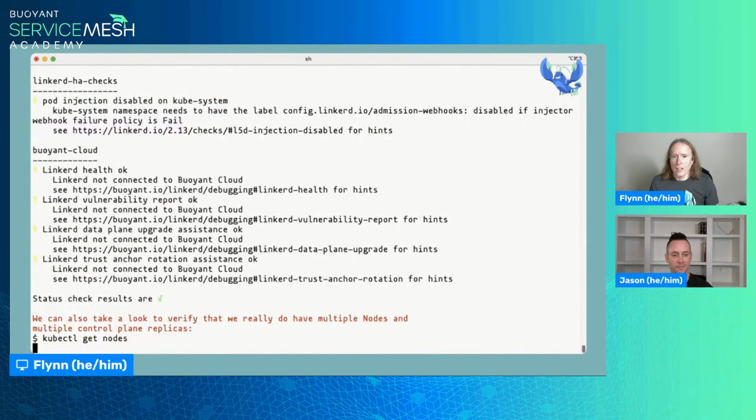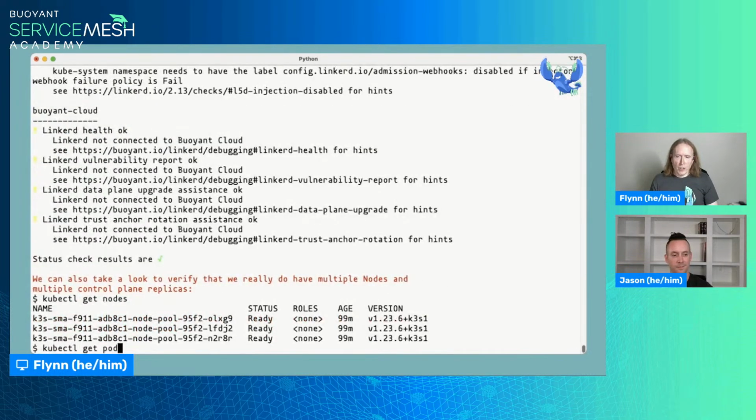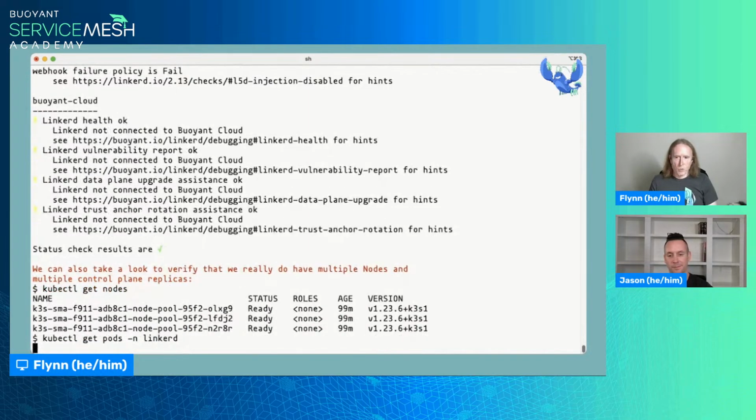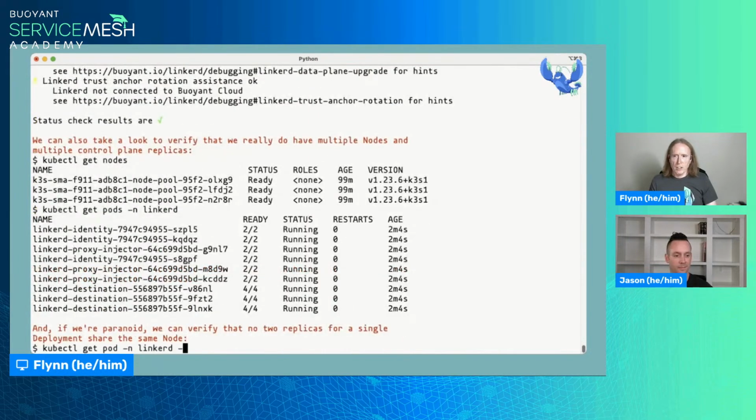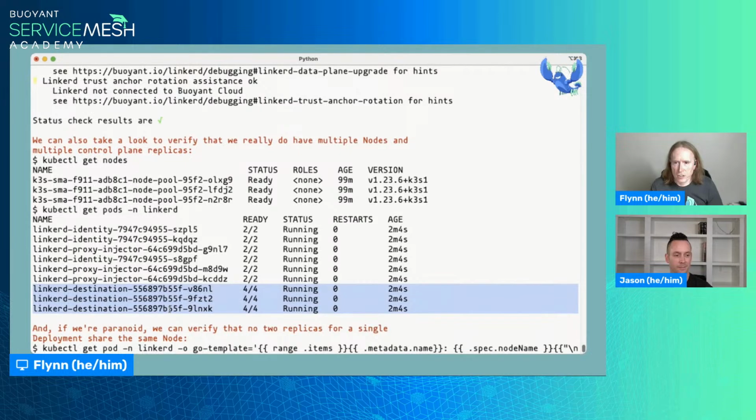Okay. We can verify that we really do have multiple nodes here. We do. We have 3 of them, which is great. And we can verify that we have multiple replicas for all of our things. If you look carefully, it's easiest to see with the destination controller where there are 3 of them, but we have 3 proxy injectors and we have 3 identity controllers.